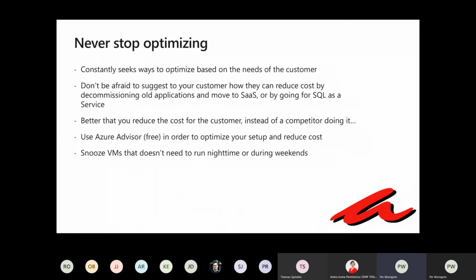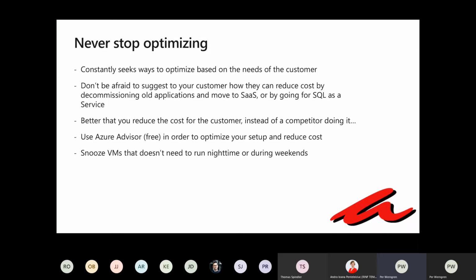Never stop optimizing. A way to avoid becoming a victim of low margins is to be proactive and help your customers modernize their infrastructure on Azure. What I mean is that there are always applications that might be fit for sunset, and there are perhaps also ways for you to consolidate VMs and especially databases.